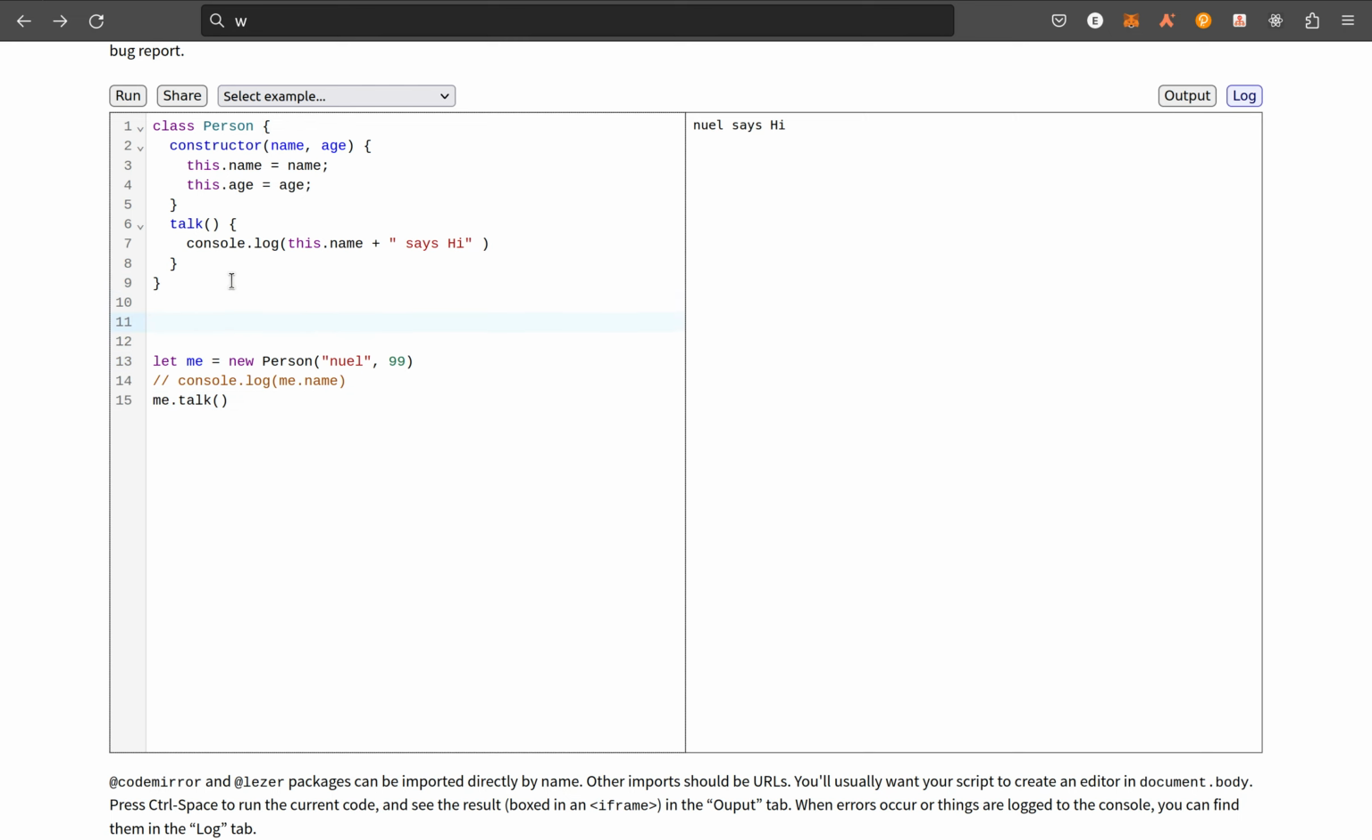But anyways, I did mention that this is just syntactic sugar, and under the hood we still use prototypes to represent most of what we do with classes. To prove that, let's say I want to extend this class Person, for example, to include another method. I can come down to the prototype. So instances of this class would inherit